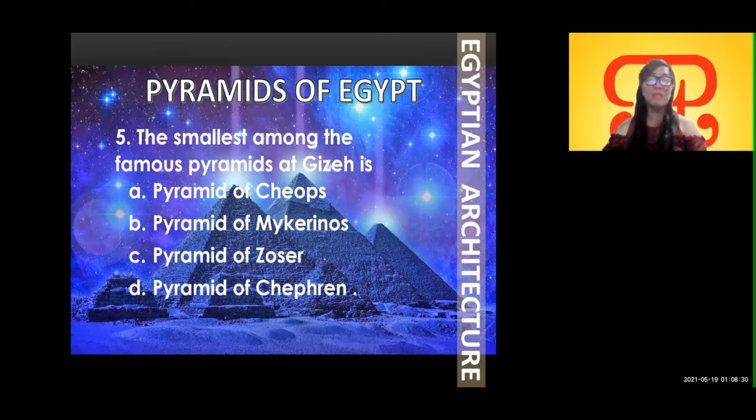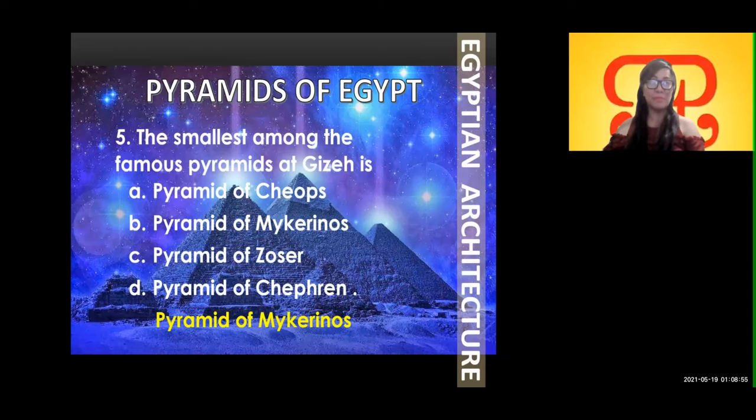Or is it D, Pyramid of Chefren? So the answer here is Pyramid of Mykerinos. Yes. Or Menkaura, another term for Mykerinos, which is the smallest pyramid among the pyramids at Gizeh or at Giza,